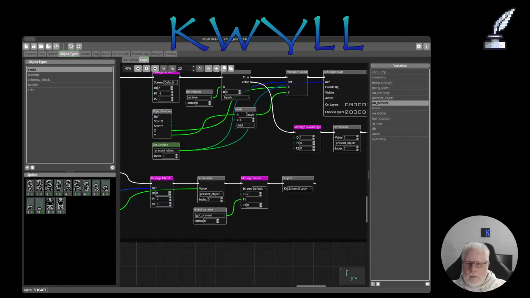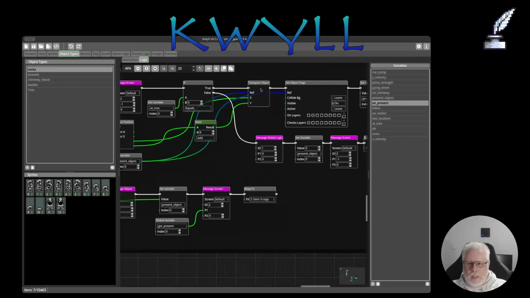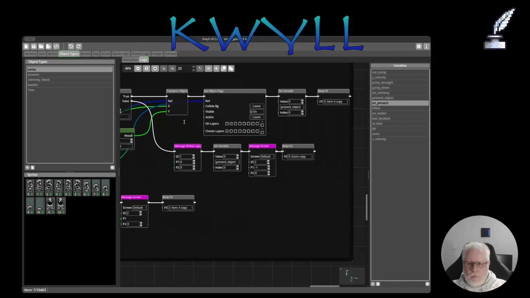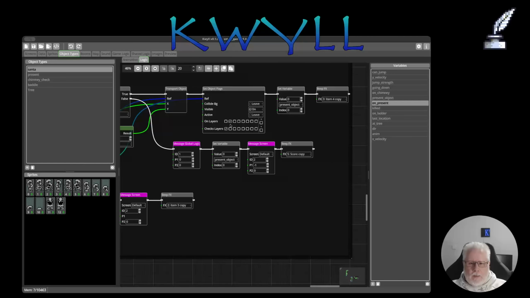We add 8 to the Y position because the presents are 16 by 16 and the Santa is 24 high, so it just drops the present down by 8 pixels so that it's at the same ground level as the Santa, and then moves it to that position,